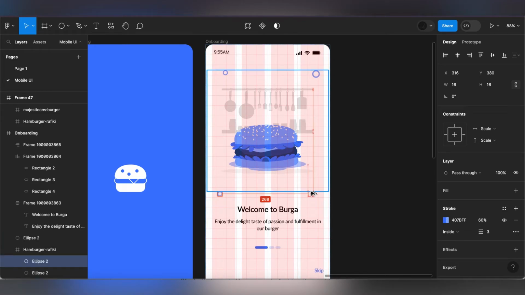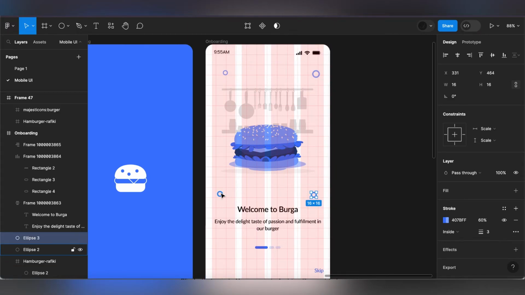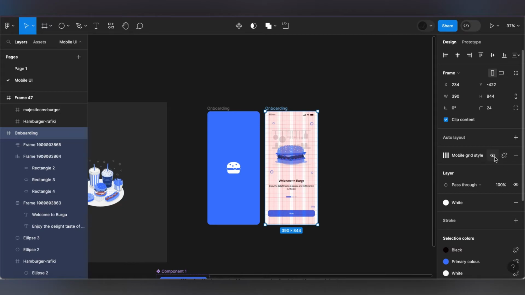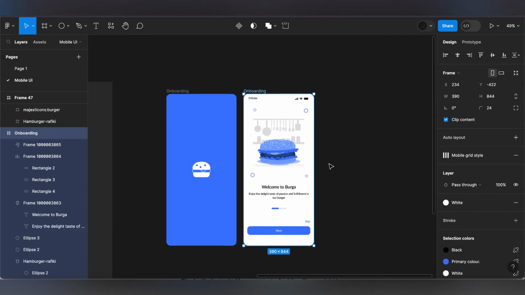And I'm going to duplicate this again. I'm going to make this 24 and stroke 4. And take it up a bit. I'm also going to take this one up also. Good. So now I'm going to remove the grid so we can see how our design looks. We have our first onboarding,